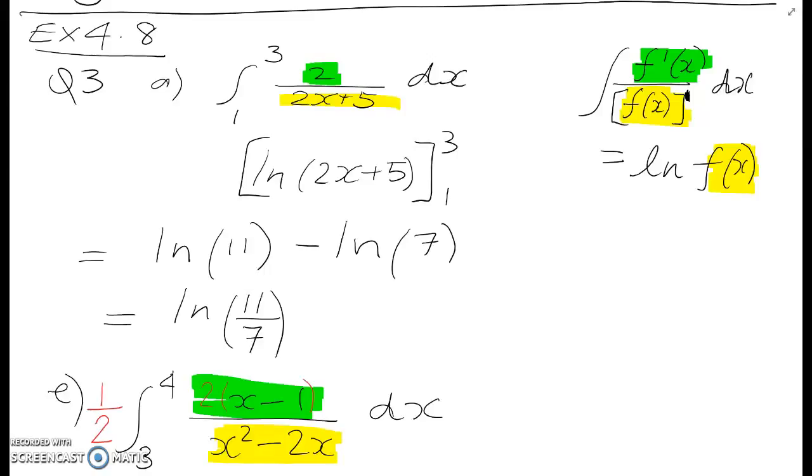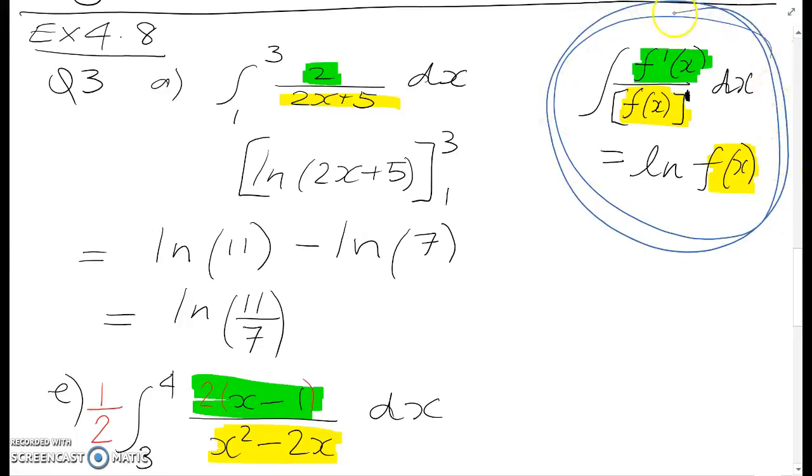Okay, I've had a request to do some of the earlier questions in exercise 4.8 and I'm happy to do that. So I've picked question 3, part A, and you can see that we have to do the integral from 1 to 3 of 2 over 2x plus 5 dx. Now if you have a look over here,